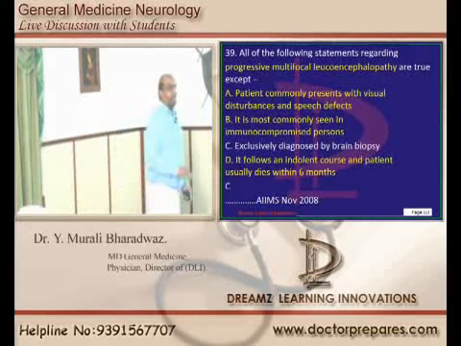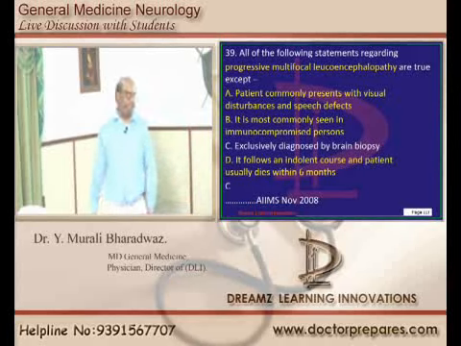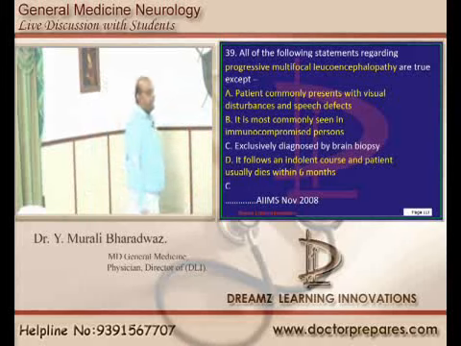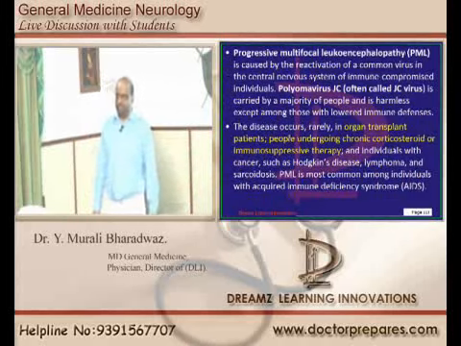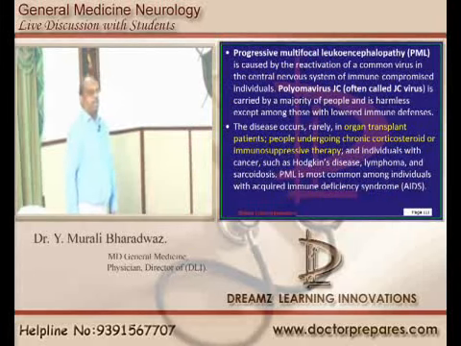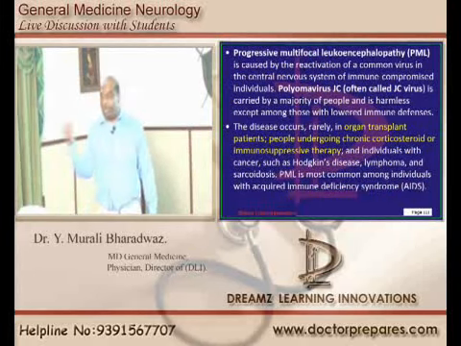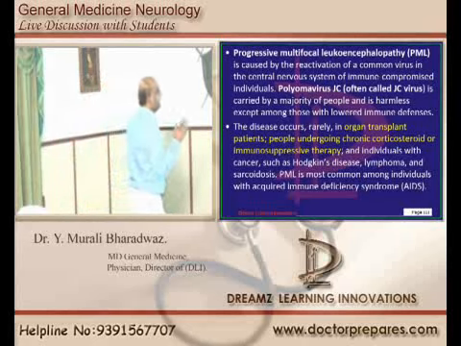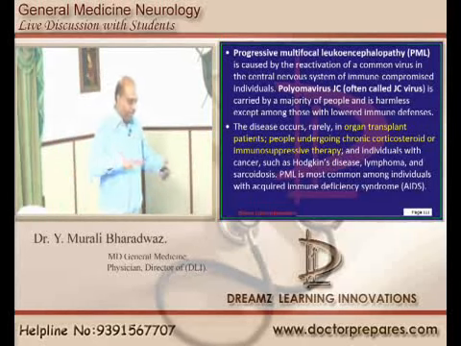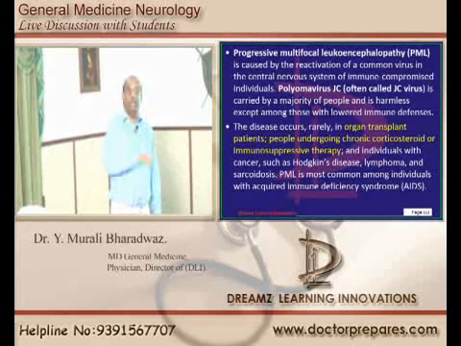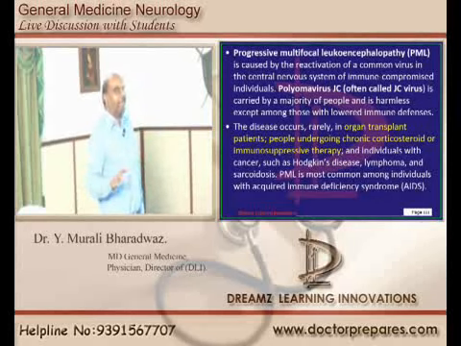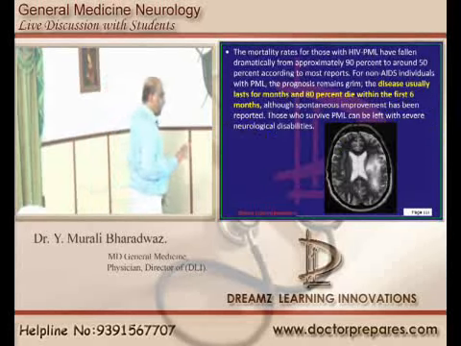Now with regard to progressive multifocal leukoencephalopathy, let's be very sure about this topic, doctor. There is one virus called the JC virus, polyoma JC virus. It is present in everybody. But if you are immunocompromised, then the JC virus will lead to destruction of the brain in the form of demyelination of a wide area of the brain, progressive multifocal leukoencephalopathy. Leuko is white matter. Diseases are broadly divided into white matter diseases, grey matter diseases, and those involving both. So it typically involves the white matter. But the mortality is very high.